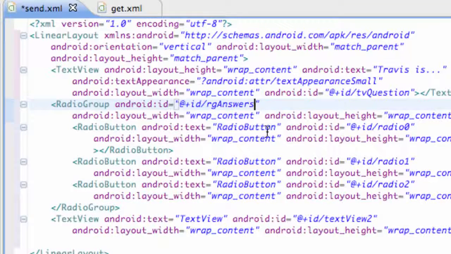And then we're basically going to change all these radio buttons as well. We're going to change this one to something like "crazy", because when I started these tutorials, I